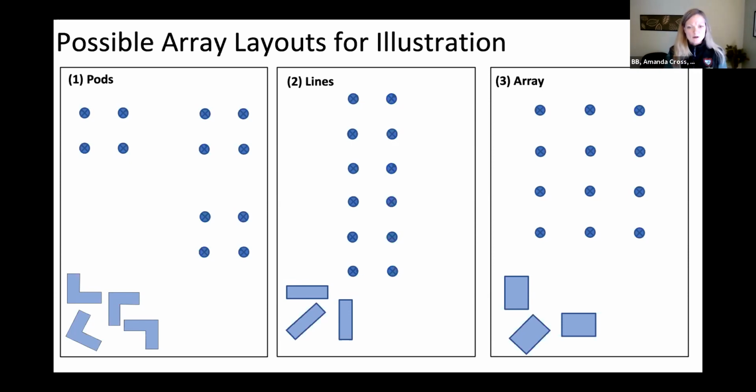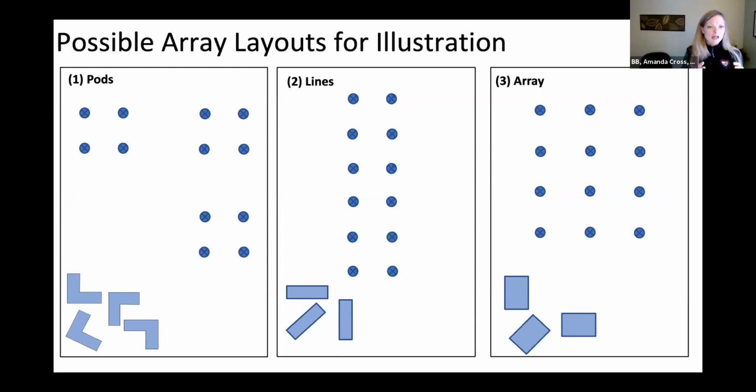Each dot represents a turbine. So that first potential layout, the one labeled pods, is showing a layout of 3 pods that consist of 4 turbines each. The graphic that looks like little Tetris pieces at the bottom left-hand corner of that rectangle is basically showing the